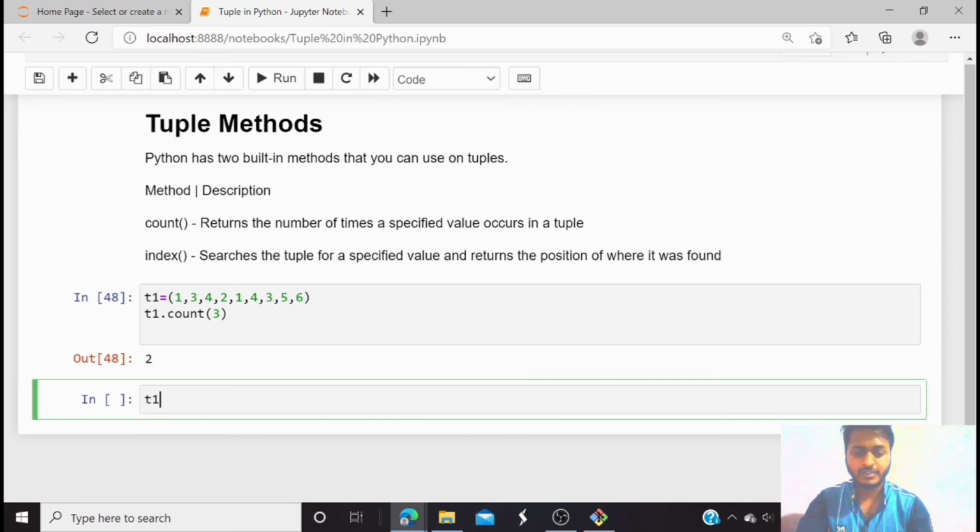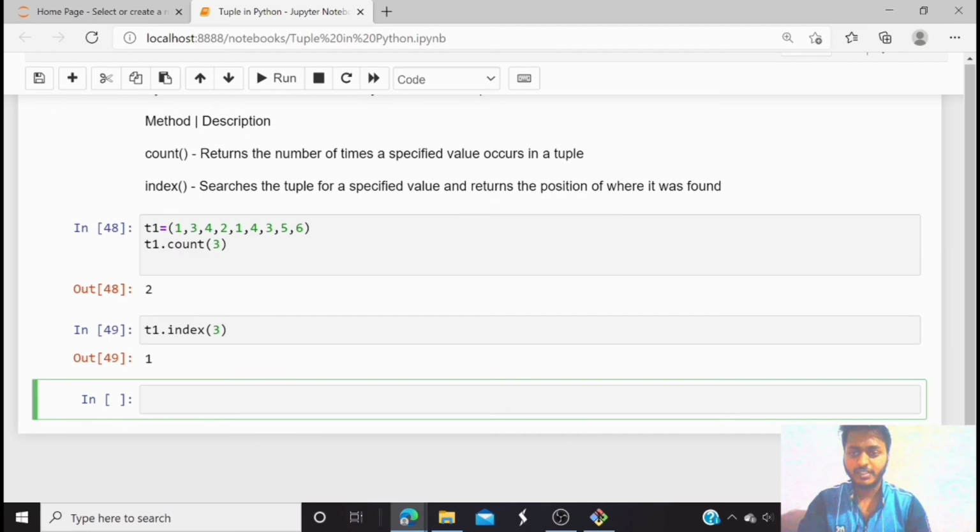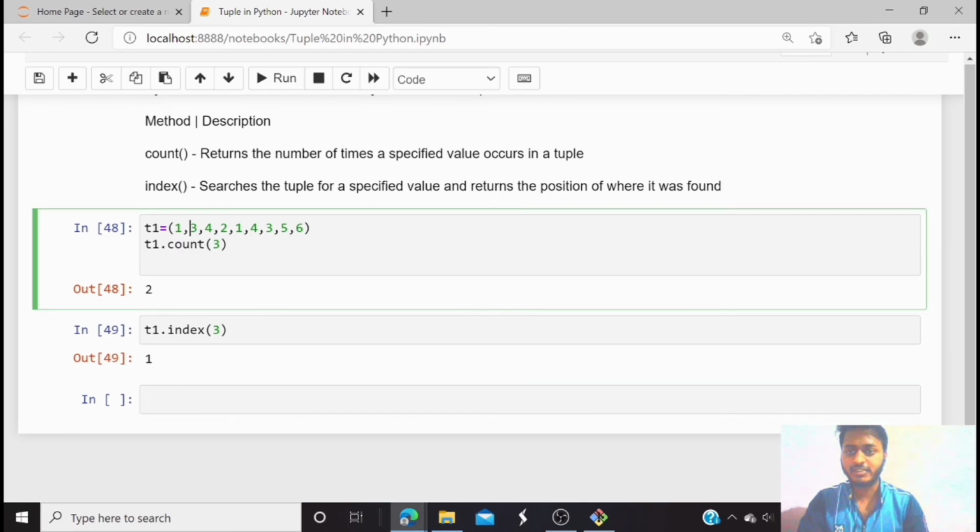If I use the t1.index method and I am assigning the value 3, here you can see the index of the value 3 is 1. So 3 is at the first index. 3 is also at the -3 position, but it had printed only 1. So it prints the value which is at the first one.